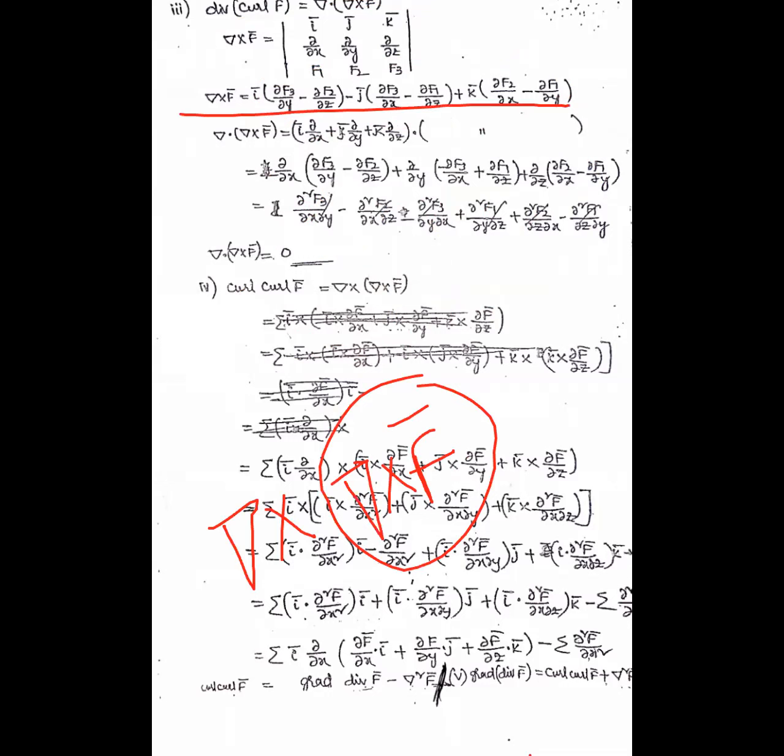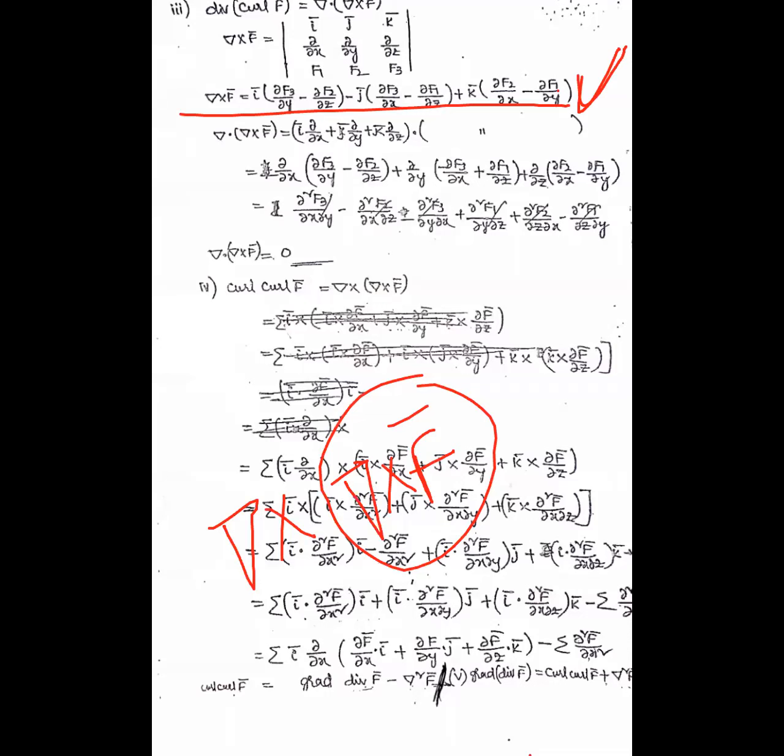Next, condition 4. The fourth condition is curl of curl f bar. Curl means del cross, and again curl means del cross. Del cross is always applied to a vector. Symbolically, first curl means del cross, again curl means del cross f bar. First we find del cross f bar. We already found del cross f in the third condition: del cross f equals i (∂f3/∂y minus ∂f2/∂z) and so on. This value is del cross f. So we use this equation for the fourth condition.